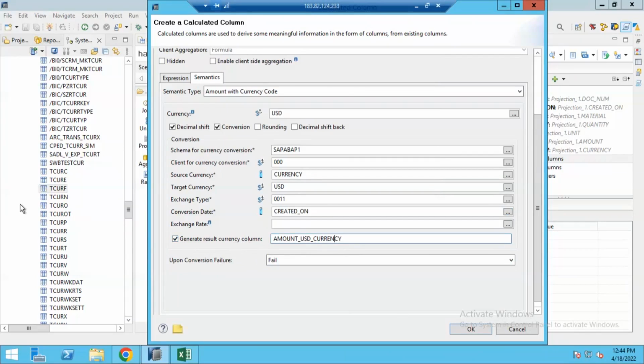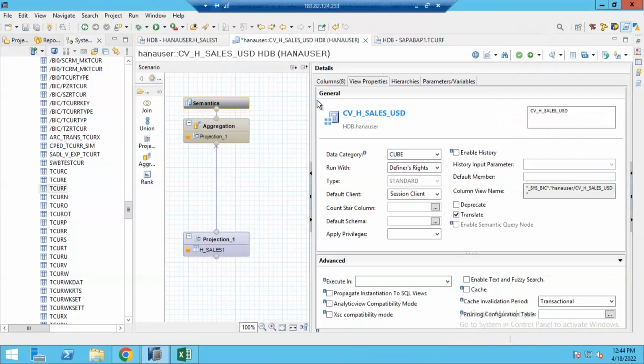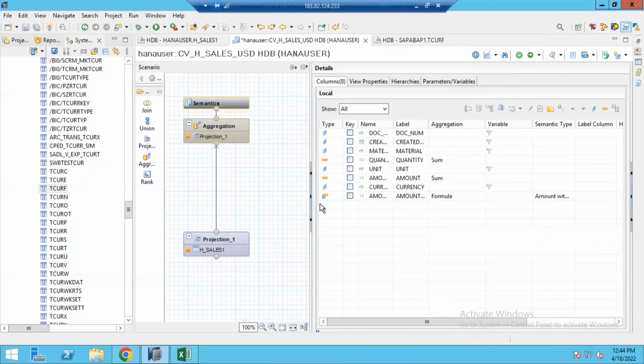And for example, if your base currency conversion tables don't have the corresponding currency conversion factor maintained, then in that case what the system has to perform is this option: we need to set to null. For example, if the system doesn't know the currency conversion rate from euro to USD, then the system will convert the output value to null. Okay, click on OK. Since we created it on the aggregation level, automatically this column comes into my aggregation output. So activate the CV